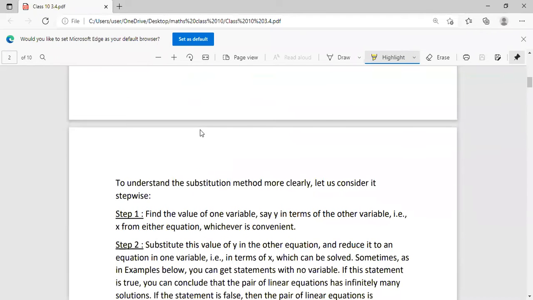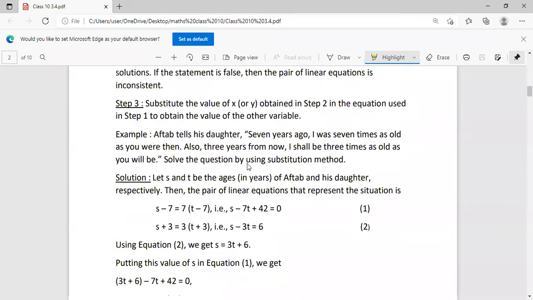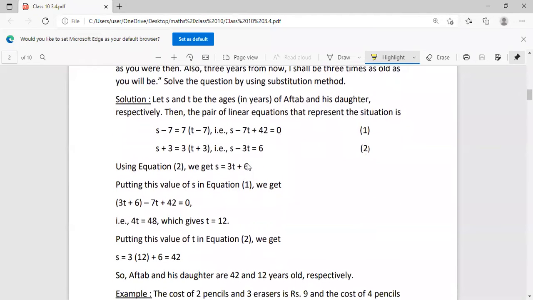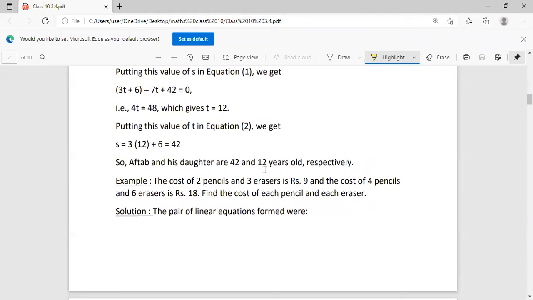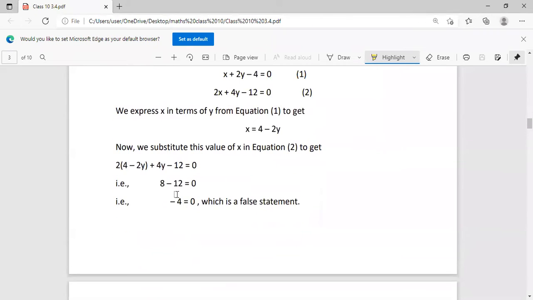That was the first case. And in the second case, both these equations are equal and they are overlapping each other. So they have infinitely many solutions. And in the third case, we had seen we have arrived at a false statement and that equation has no